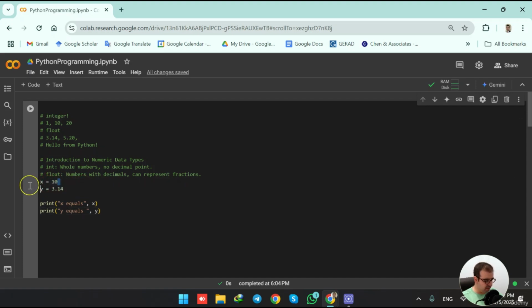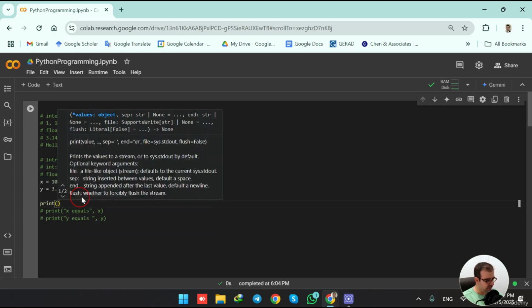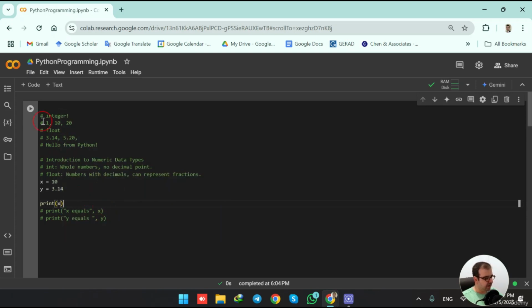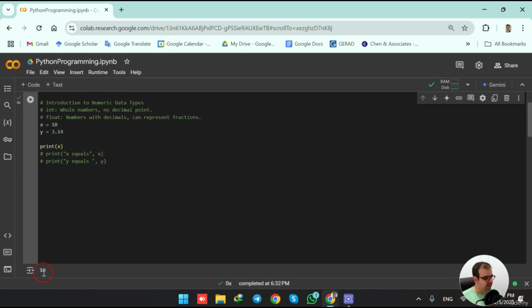So here I am initializing one x variable equal to 10 and one y variable equal to 3.14. However, if I would like to see these variables in the output, I can simply print them. So let me comment these parts. So when I type down the print keyword and I type down the x, and when I compile, I see in the output that number 10 is being printed out. So basically, I'm telling the compiler to print the variable x value for me in the output, and it is showing me